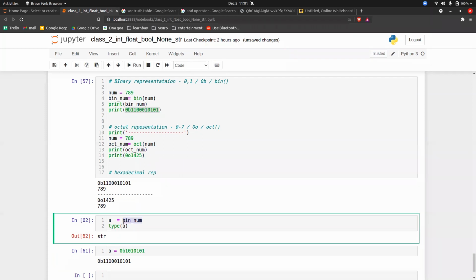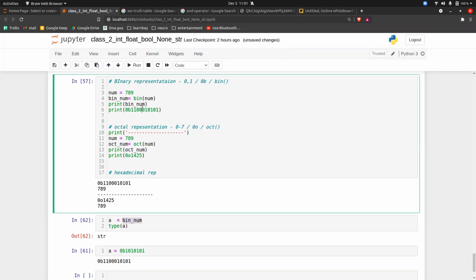Clear now, Ruma? So we have a function to convert to a binary number, but we do not have a function to convert from binary to an integer. Basically, you don't have it. From this 0B only, Python gets to know that you want to convert into binary. That's why this notation is given. Similarly, if I do octal here, I'm giving a representation, and from this only Python understands that I have to convert this into an octal representation. Clear? So we don't have a function.